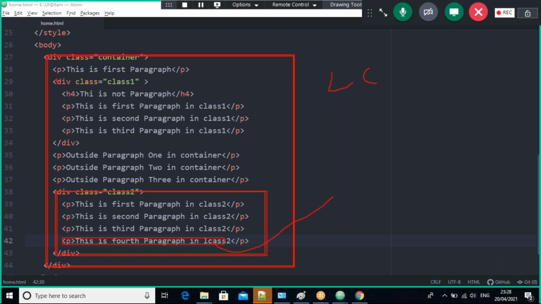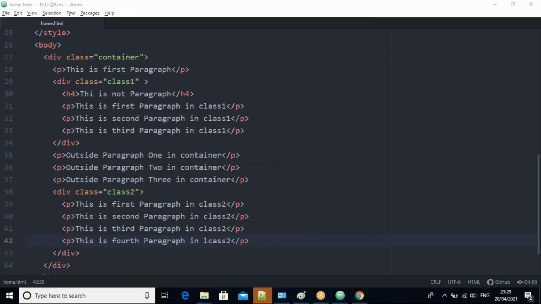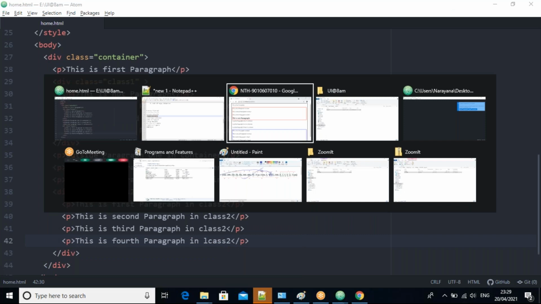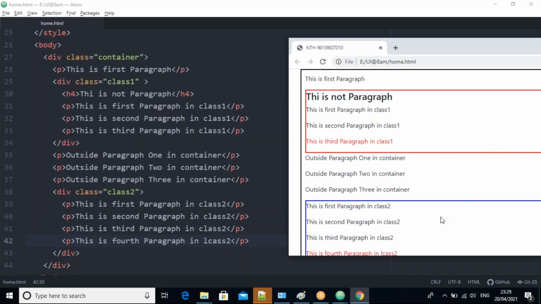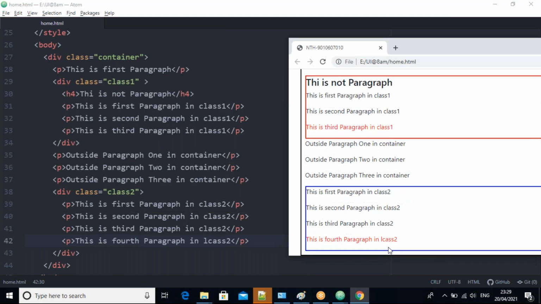In this class also, the last line is there, and here also it applies. All clear, right? Okay, let me refresh here. See now, the last one. It applied to the last paragraph here and also the last paragraph here, in both.